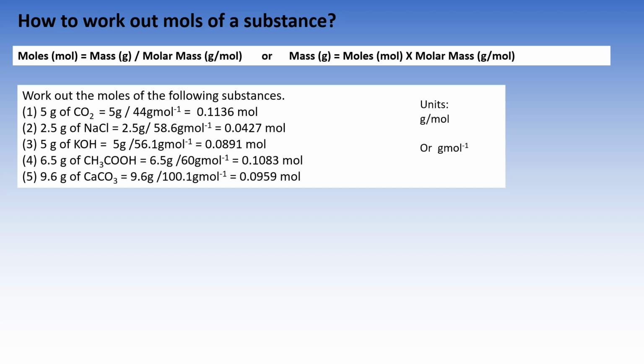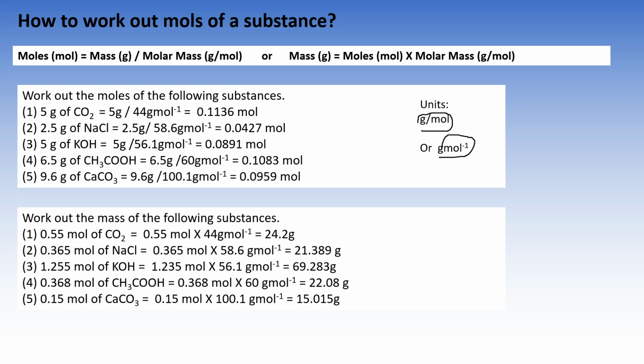You can see that units can be written as grams per mole, or can be written as grams mole to the power of -1. Now both are correct ways of writing units. If you do A-level maths or A-level chemistry, you will notice that sometimes units are written like this in particular. Right. Second part of the activity is